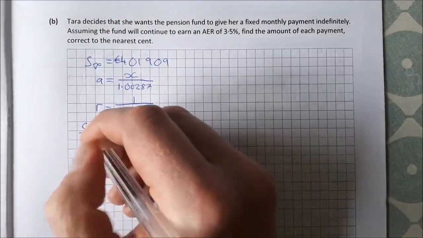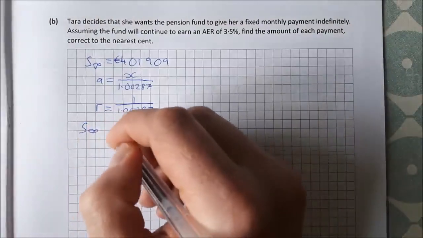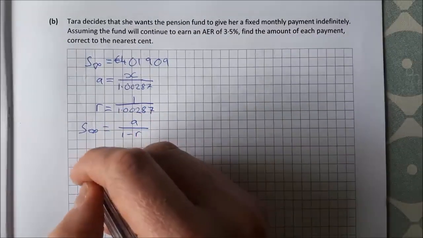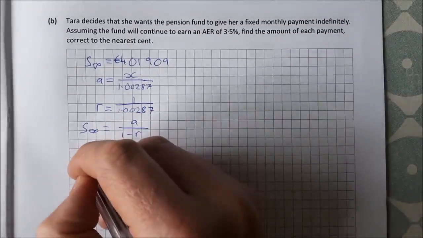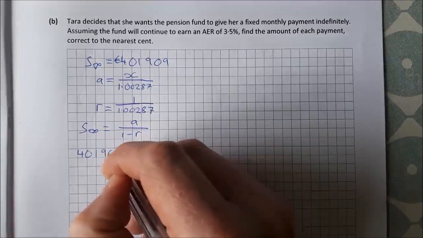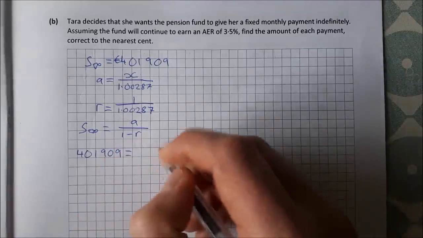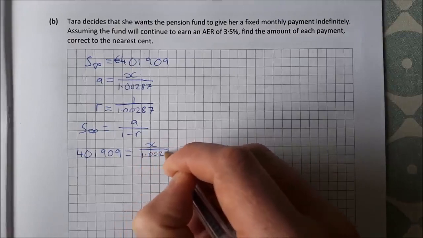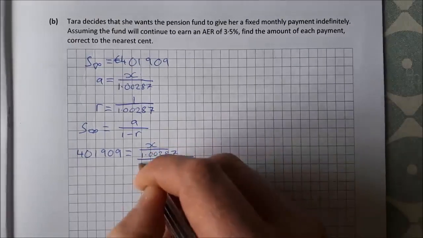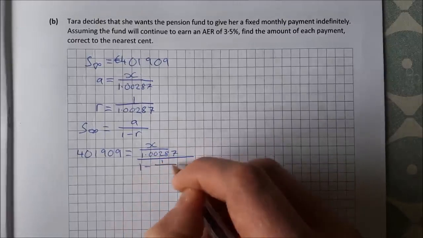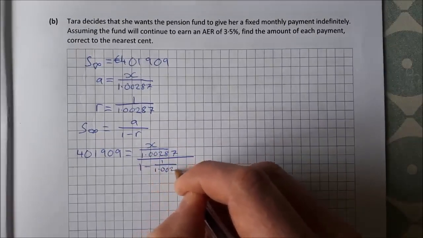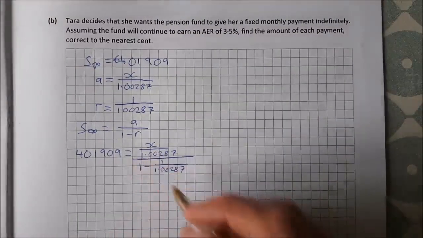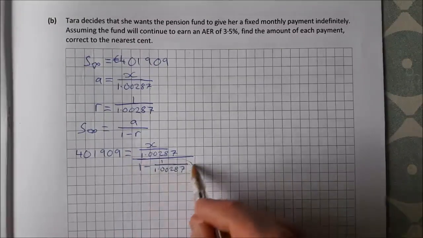So we can do our sum to infinity. Our formula for the sum to infinity is A over 1 minus r. So our sum to infinity, that'll be 401,909 is equal to A, which is X over 1.00287, divided by 1 minus r, and r is 1 over 1.00287. Okay, so working through this to find X, well, if I multiply both sides by this denominator here, that'll be